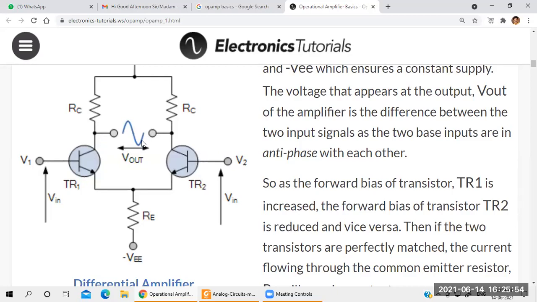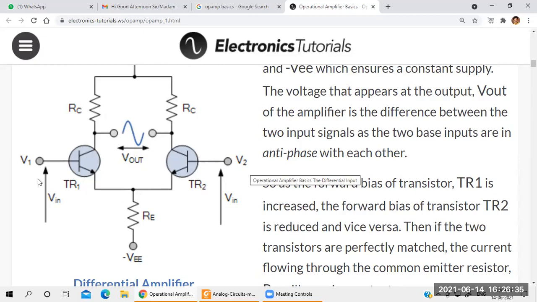The collector terminal is the output here from these two transistors. See this circuit diagram here. They have taken only one output here. So this circuit, it acts as what here? Sense amplifier. It senses the difference in signal V1 and V2. V1, if it is 5 volts here, V2 you have to give 0 volts. You have to give a difference in voltage V1 and V2. Suppose you take V1 as 5 here, V2 as 0 volts. So these are different, right? When there is a difference here, we'll get output voltage.